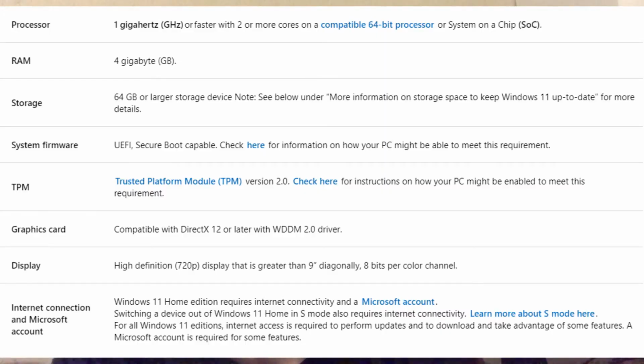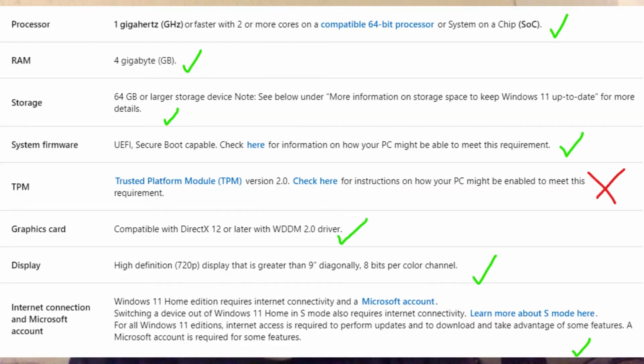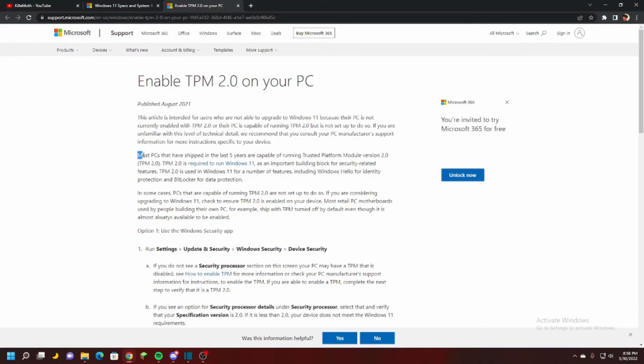So, system requirements. At first, when everyone saw the system requirements, they were very confused. And then they realized that you needed a TPM 2.0. You know, they would look at the other requirements and think, oh, I can run this easily. It wasn't that simple. You'll be surprised how many computers do not have a TPM 2.0. You would have to have a computer from 2017 or newer for that. If your computer is over 5 years old, you're not getting a chance with this baby unless